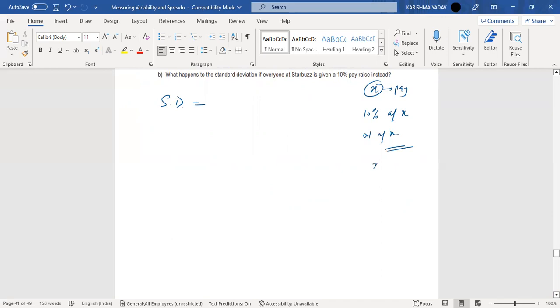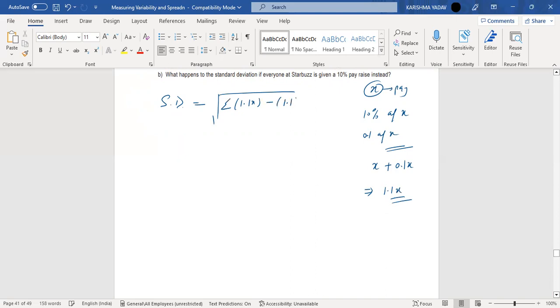So if my previous salary is x and I am getting 0.1x extra salary, that equals 1.1x, right? So here we are going to have 1.1x minus